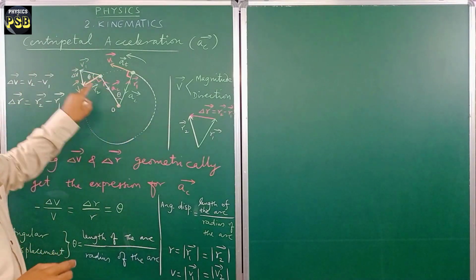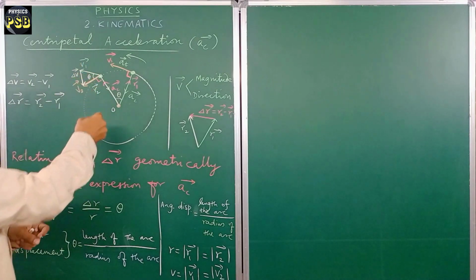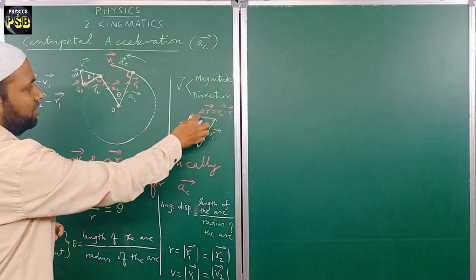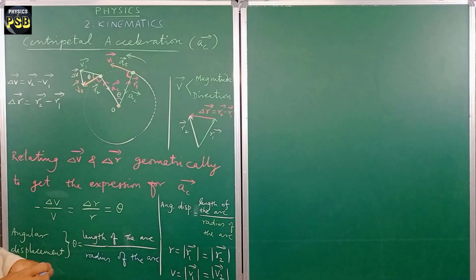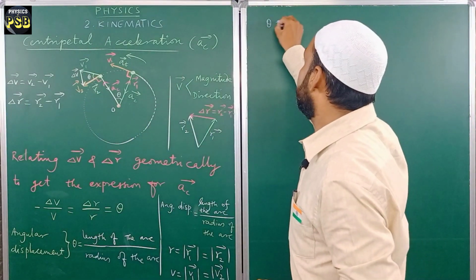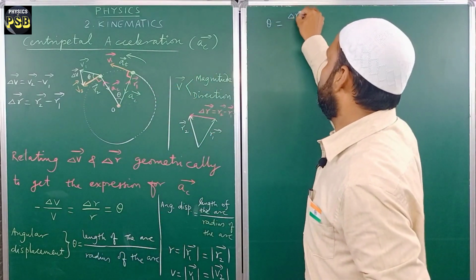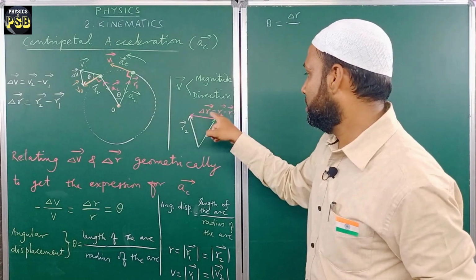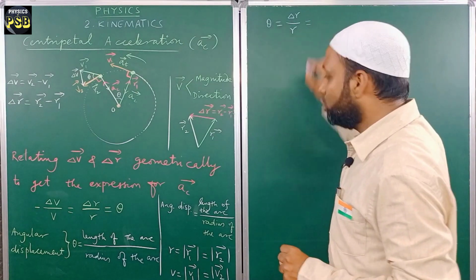This is one diagram, this is another diagram. Here, this line represents the arc, which is shown by this pink line, whose value is delta r. Understand? Now here, in the place of angular displacement, I take theta. In the place of the length of the arc, what is the length of the arc here? It is delta r from this diagram. And the radius of the arc is taken as r, which is found to be equal to,